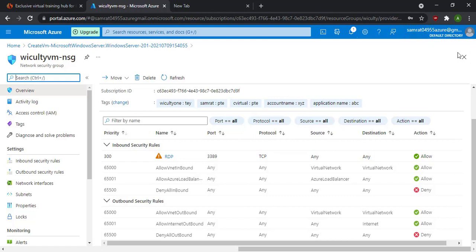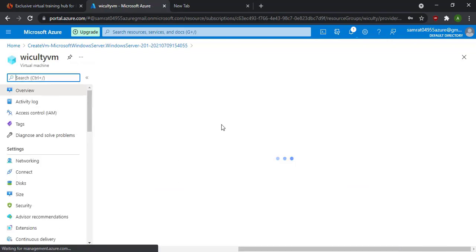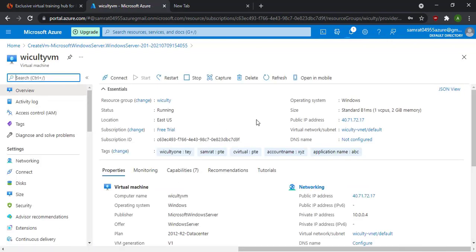After that, the Wiculty VM is also created, so we'll be waiting for the deployment to get successful. So you can see that the resource group is Wiculty, status is running because our virtual machine is running. The subscription ID is this, and the subscription is free trial. The operating system that we are using is Windows, and the size that we have selected is a Standard V1MS, and